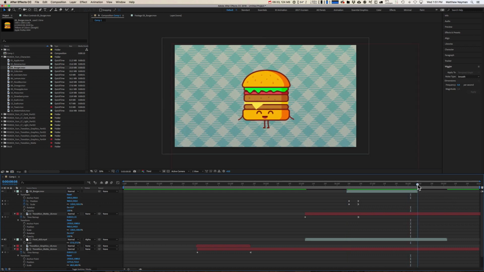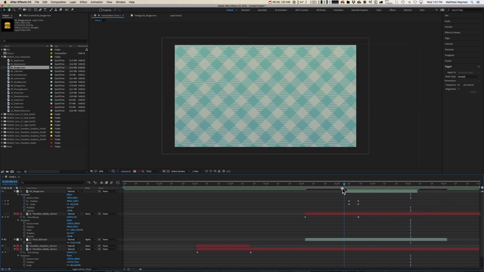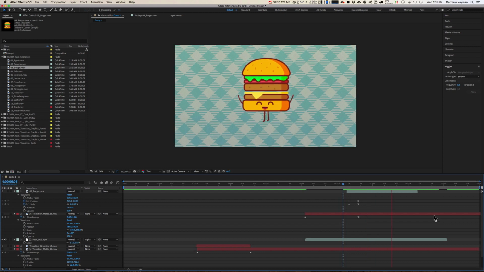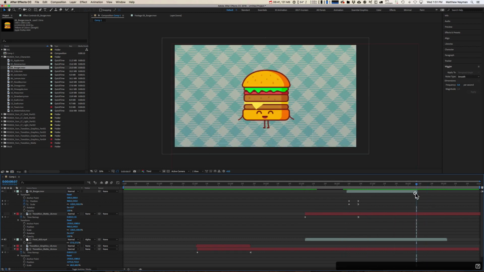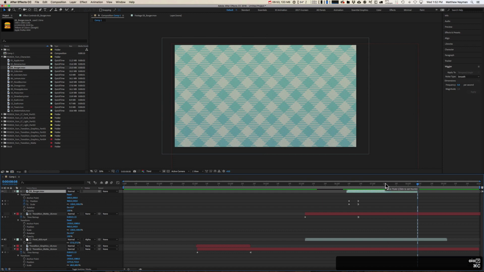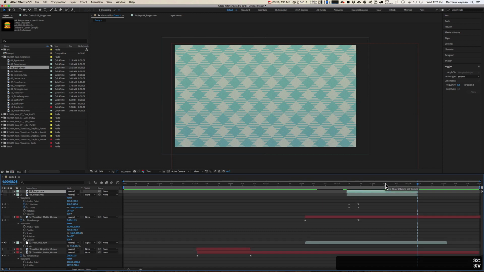You'll also see that once again we lose him right at the end because the clip ends, but it's very easy to deal with. We can either, much like our track mat, freeze on last frame, or we can go to the very last frame of this using O. It's a handy shortcut. O goes to the end, I goes to the beginning. Then I'm going to copy and paste this layer, and using open square bracket,